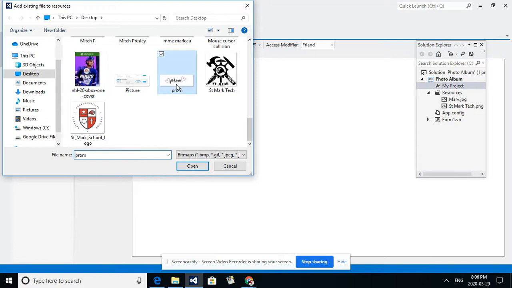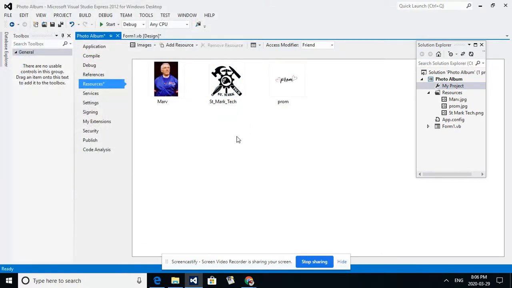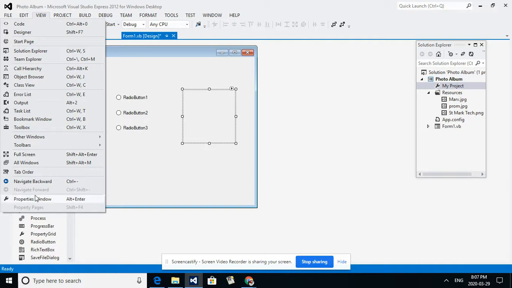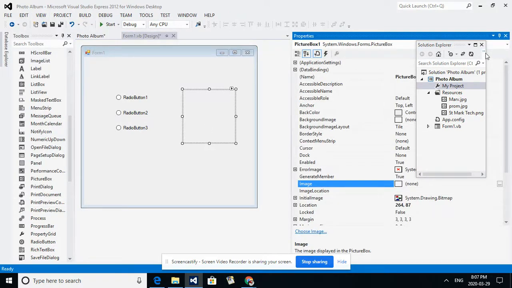And here's a photo that says prom. So I've got 3 photos from my resources. So I'm going to go back to my design, and I'm going to look at my properties window, and I want to make sure this picture box has things